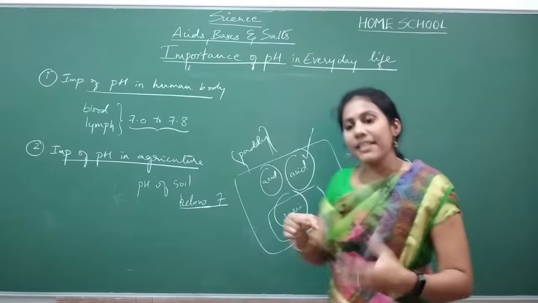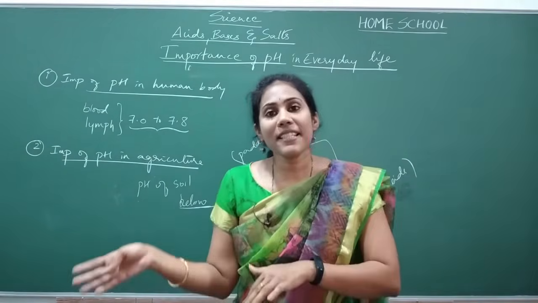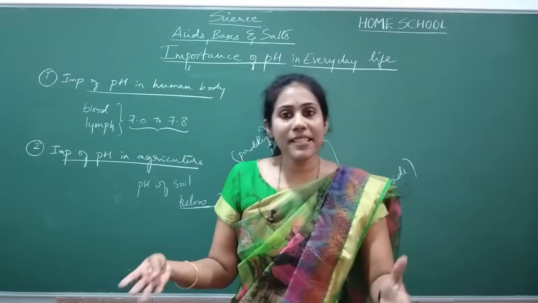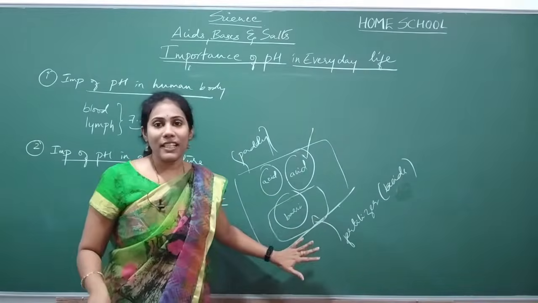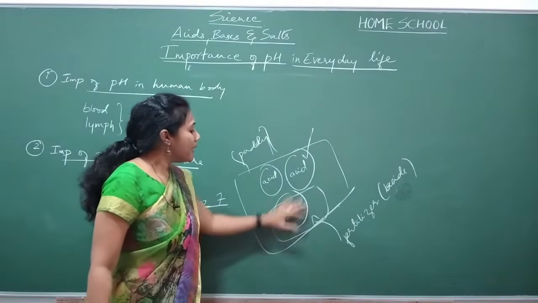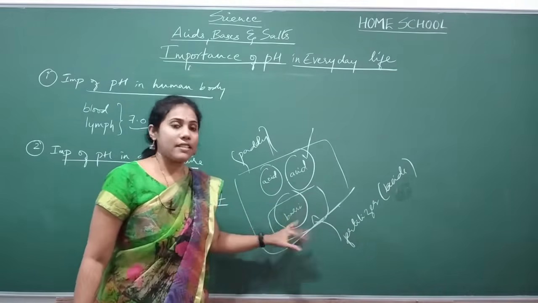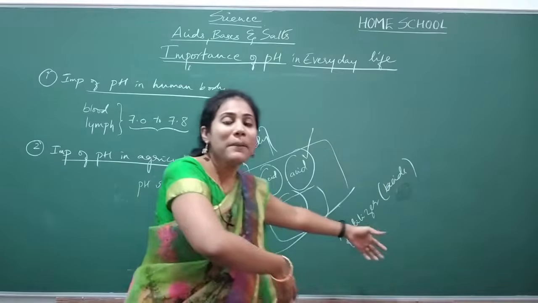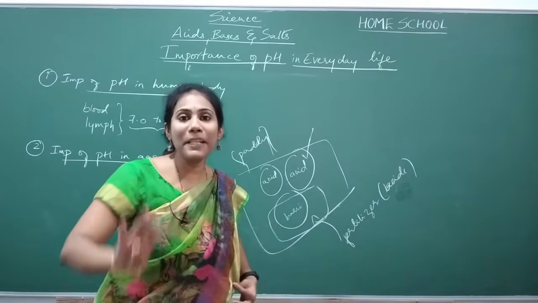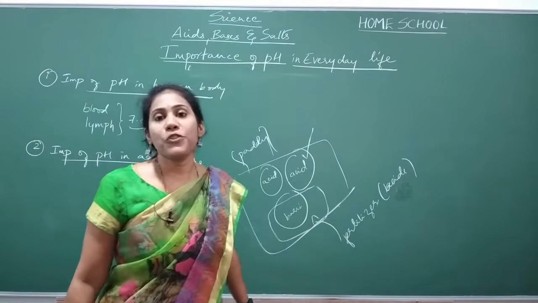So this is how to neutralize the pH of a soil, or to improve the acidic nature, or to improve the basic nature. According to our convenience, we keep adding the fertilizers. If you want to make the pH of a soil acidic, you will add acidic fertilizers. If you want the pH of a soil to be basic, then you will add fertilizers that contain bases. So this is the reason why we add fertilizers to the soil.